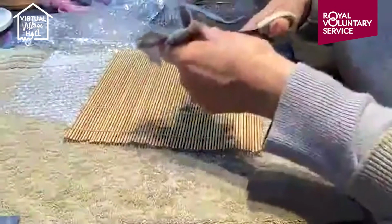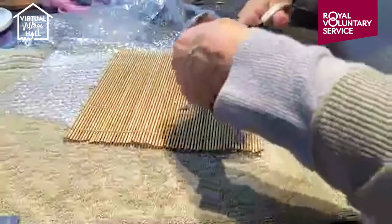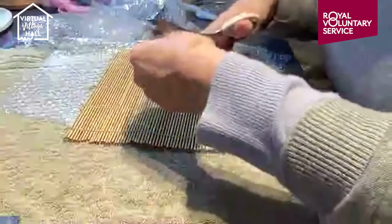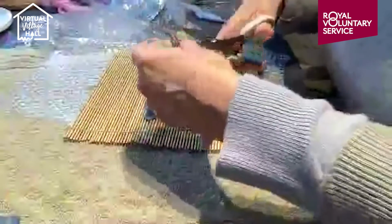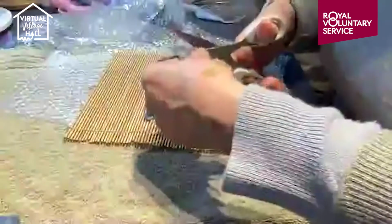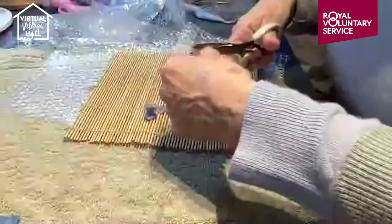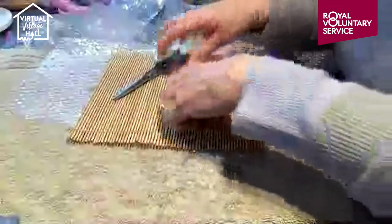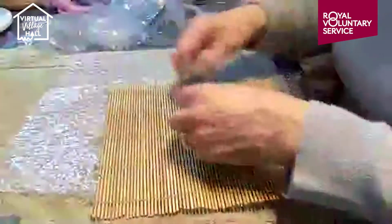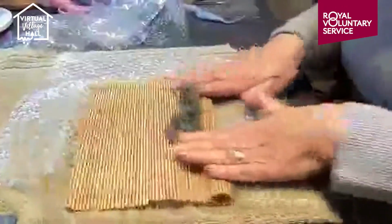Open that one up a bit. Now, the more you work it, the tighter the felt will get. And what we want to do is try and create a really nice tight flower so that the petals will stand out like this one. So there's my flower with my stem, and I'm going to carry on rolling, but you can also roll each petal on its own, so you could actually roll it up like this,